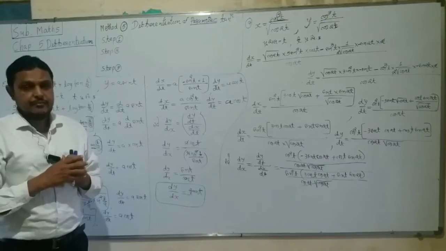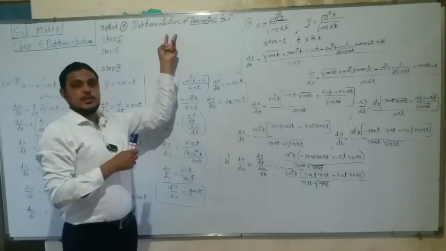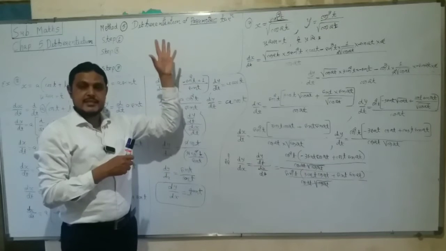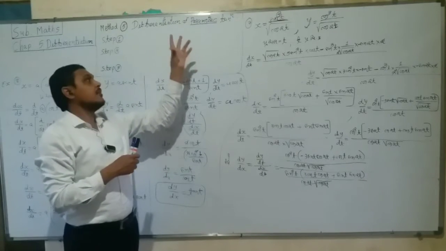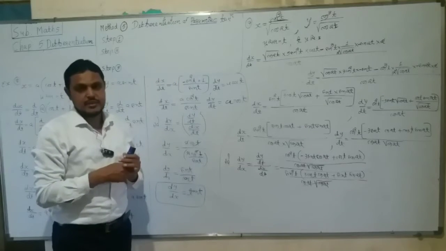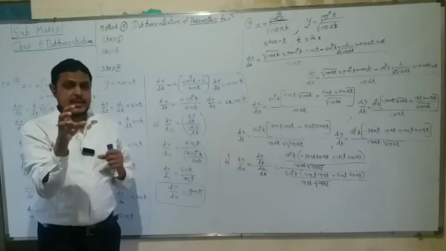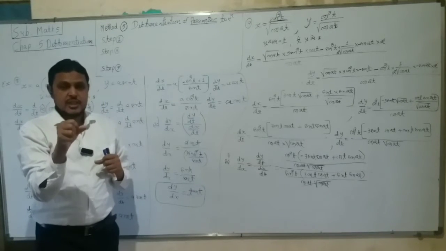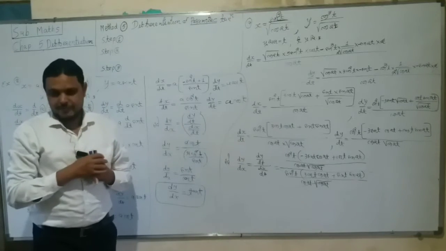Now today we are studying the differentiation of a parametric function, and exercise 5.6 is totally based on the method for differentiation of a parametric function. Actually, what is the definition of a parametric function, and what is the identity of a parametric function?